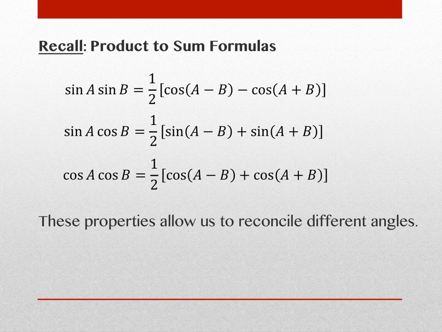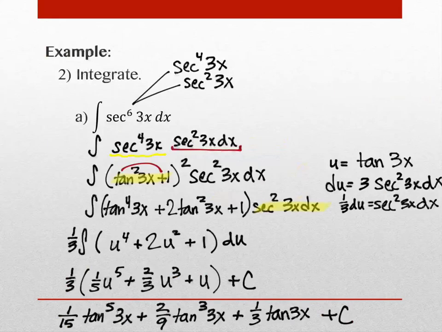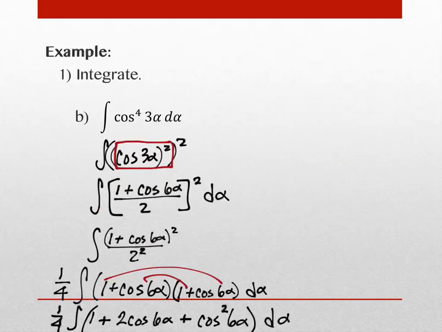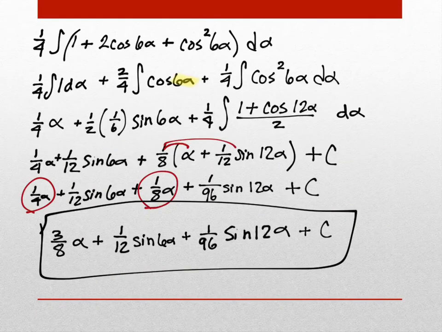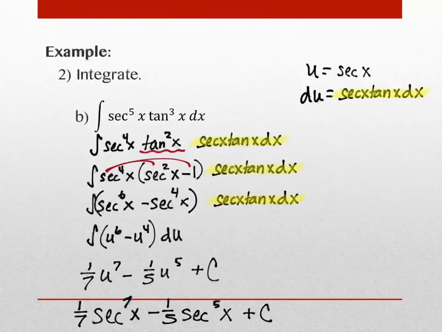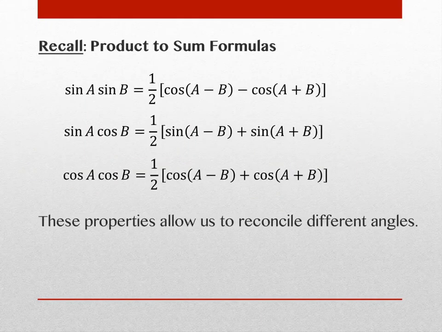We had it at the very end of one of our problems, and I just told you, let's just leave it. It was this one right here where I had, the answer is over here, where I had a 12 alpha, and I had a 6 alpha, and I was like, you can't really combine those very nicely, and we're not going to mess with it right now. We're going to mess with it in this problem, but you're going to like it. Okay? You're going to like it. It's going to be really good stuff. Okay. So when our angles don't match,